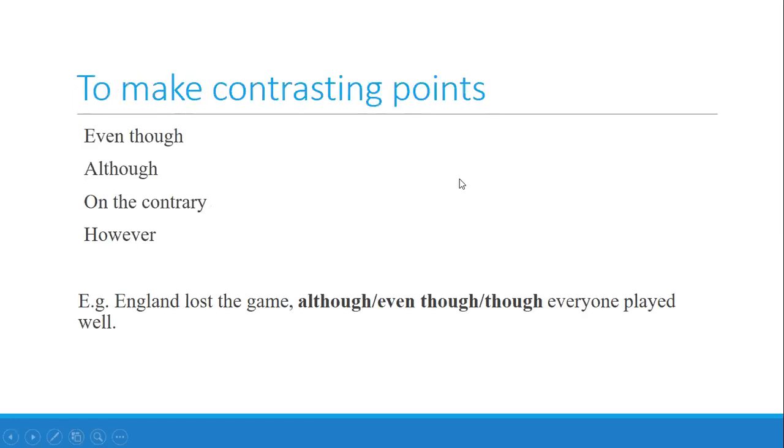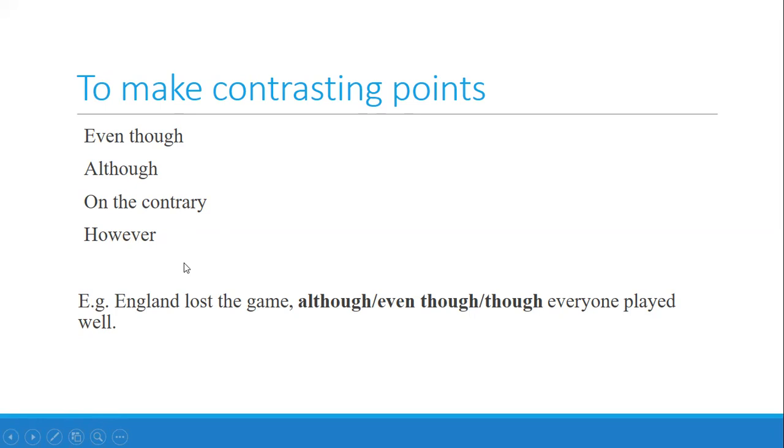To make contrasting points, විරුද්ධ අදහසක් කියනකොට we can use words like even though, although, on the contrary, however, right? So when you use these words, the reader knows like after this word or phrase, a contrasting point is going to come. Even though, although, on the contrary, however වගේ වචන පාවිච්චි කරොත් ඊට පස්සේ එන වාක්‍ය කලින් කියපෙකට ප්‍රතිවිරුද්ධ අදහසක් තමයි දෙන්න යන්නේ කියන එක